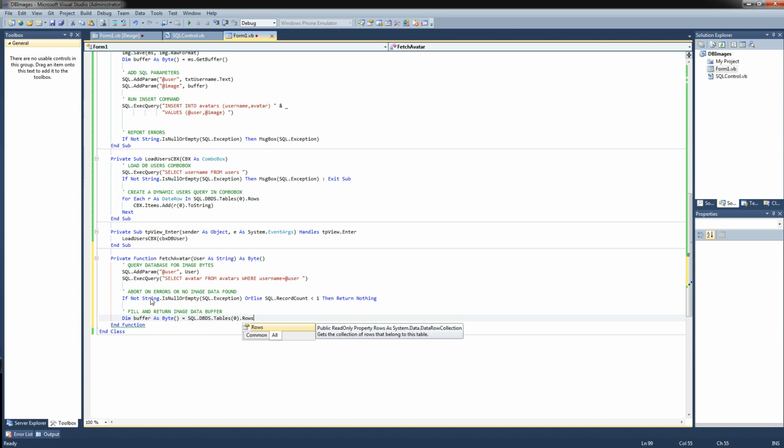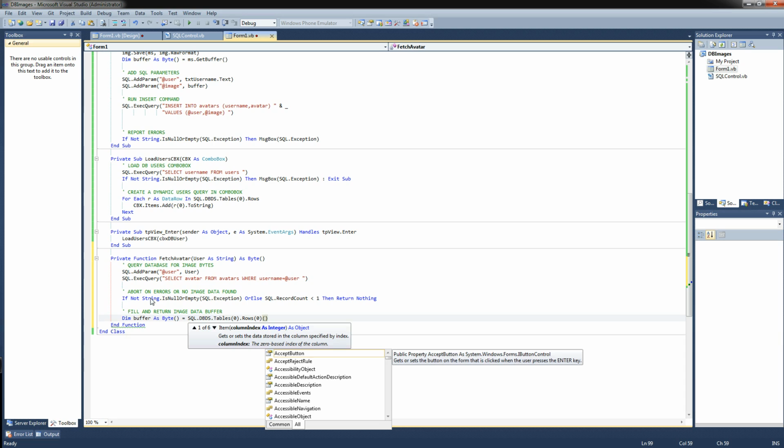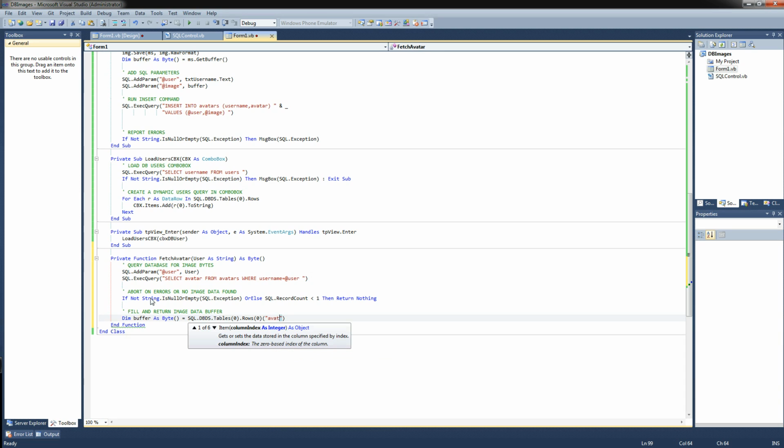In the event that for some reason more than one avatar or image record was returned, which you may program yours in such a way that you return a whole list of images for a single user, that would be fine, but in this case I only want to return a single row, so I'm going to specify the row that I want, and that is row 0. That is the first row in my table, and the field that I want from that table I'm going to specify in another set of parentheses here, and that will be the avatar. Okay, that's the name of the column that we're returning